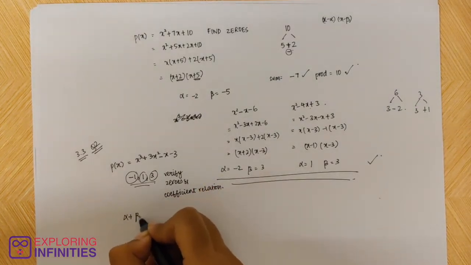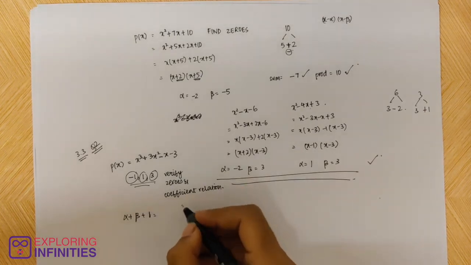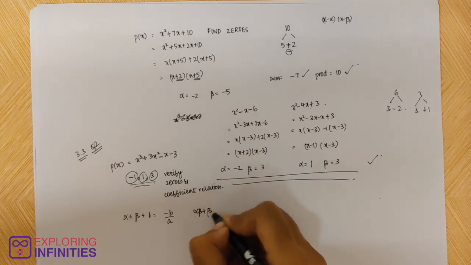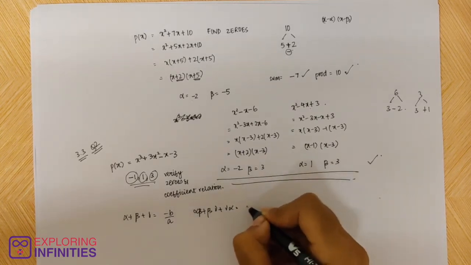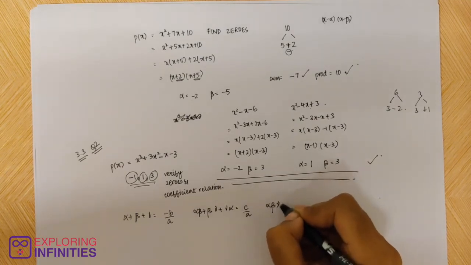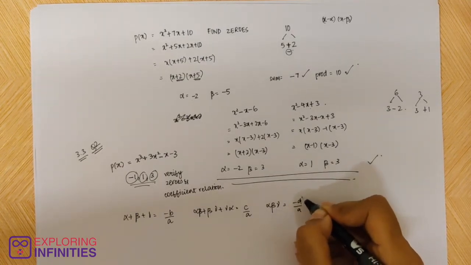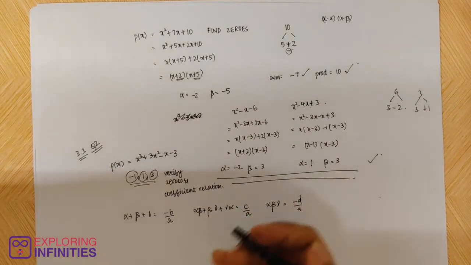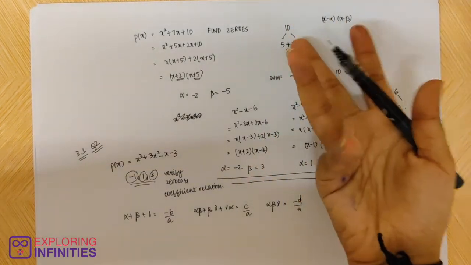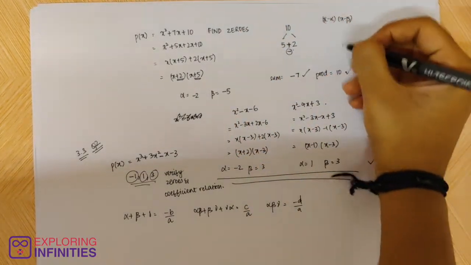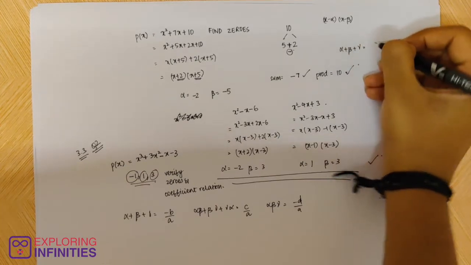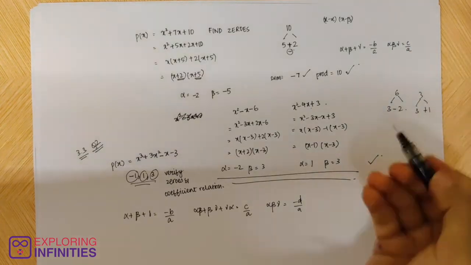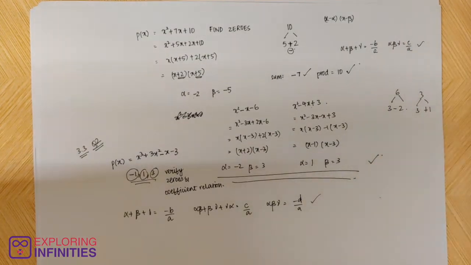So alpha plus beta plus gamma, we already know that it is minus b by a. Alpha beta plus beta gamma plus gamma alpha is c by a, and alpha beta gamma is minus d by a. So in any examination, first write them down by the side so that it'll be easier for you to solve later. So in these kind of questions also, you can simply write alpha plus beta plus gamma is equal to minus b by a, and alpha beta is equal to c by a. Right? So that is for quadratic equation. This is for cubic. Okay, so let me just solve.